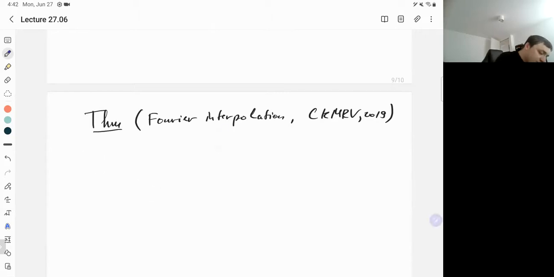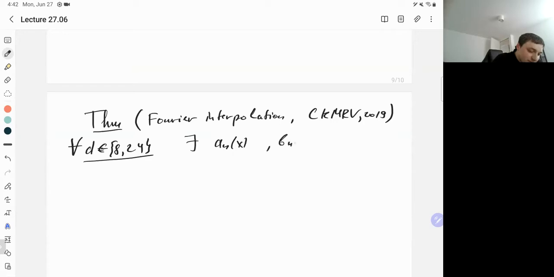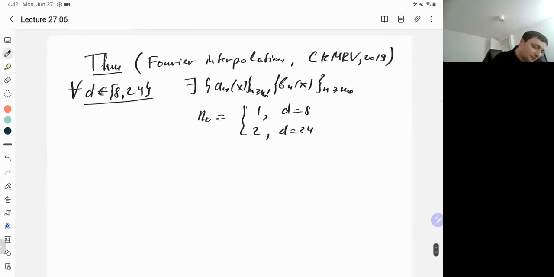Sorry, actually, let me say a few words. So D is 8 or 24. For all D in this set, there exists a collection of functions a_n and b_n, starting from index n naught, and n naught is equal to 1 if the dimension is equal to 8, and 2 if the dimension is equal to 24,